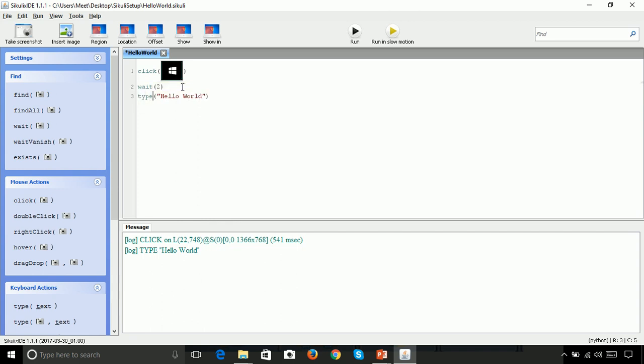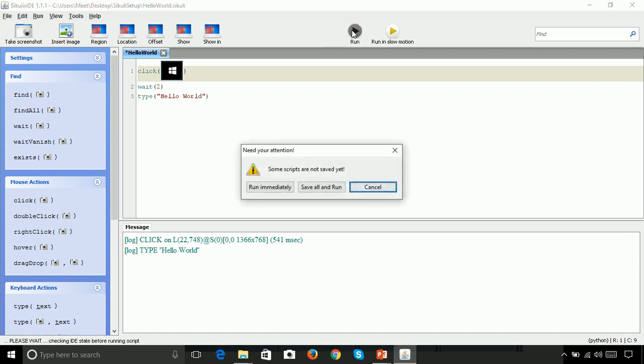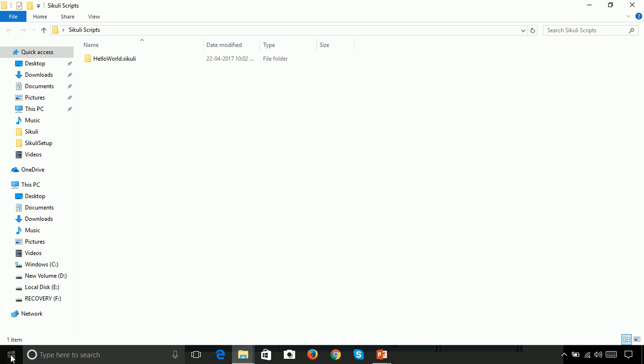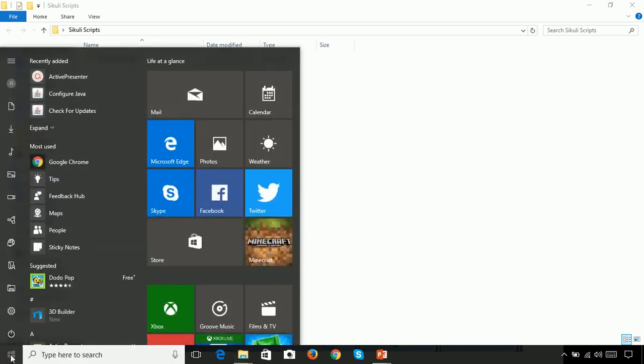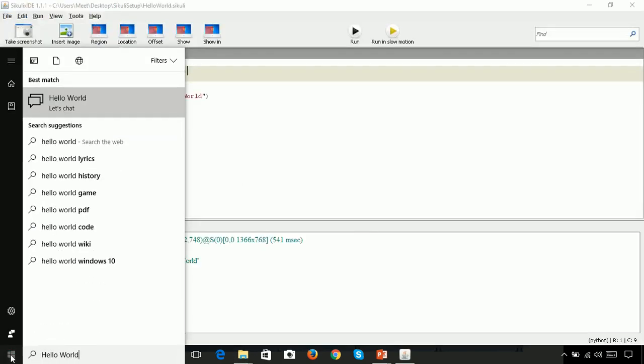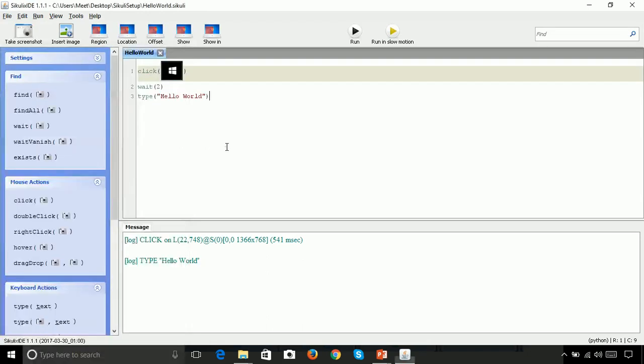And after typing also, if you want the screen to wait, then you can use the wait function afterwards. But as of now, let's wait in between so that we can see the actions in slow motion. So let's run it, save and run. It will click, then it will wait for 2 seconds and then it will write hello world. So this is how we can use the wait function. The other use of the wait function we will see afterwards.